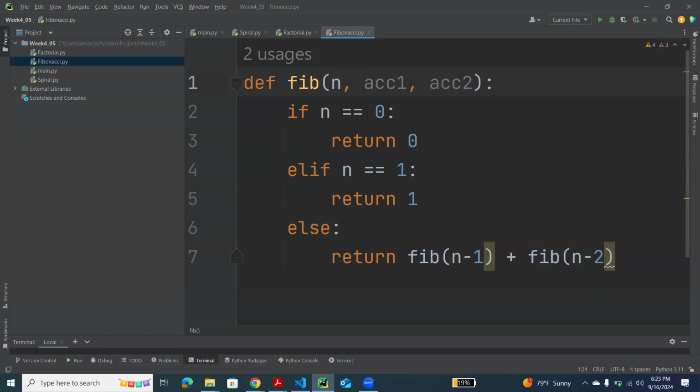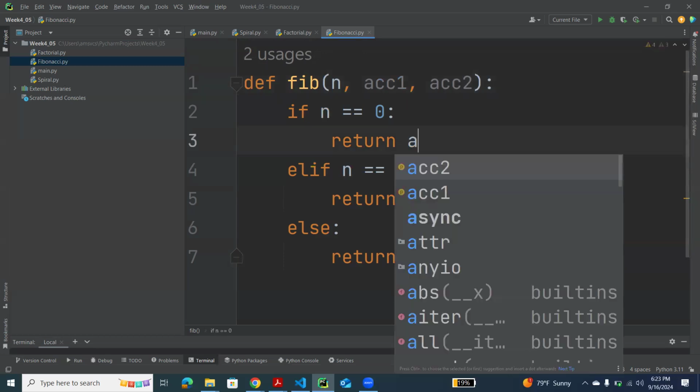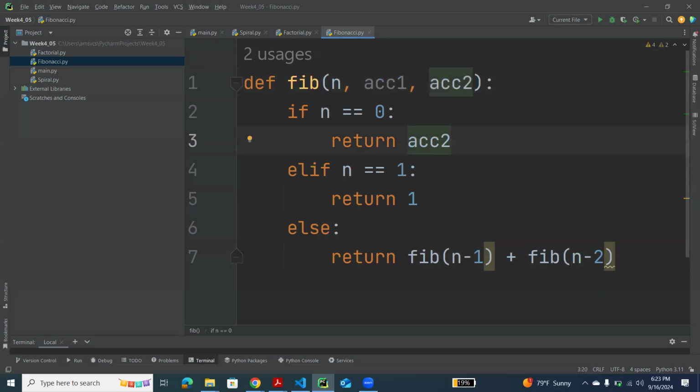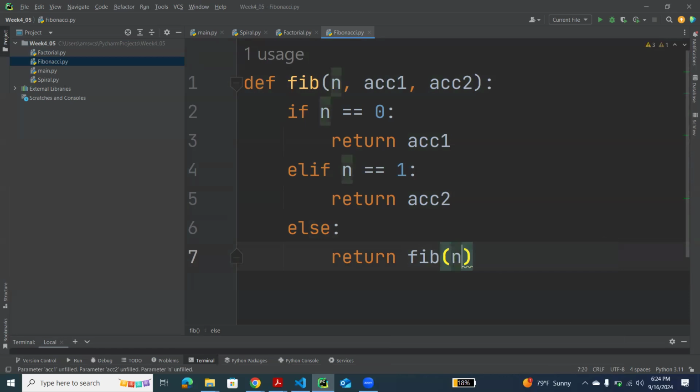So if n is 0, we will return accumulator 1. Well, oh, wait a second. We will return accumulator 2 because... or accumulator 1, let's see. Maybe we should flip this accumulator 1 and accumulator 2. And in else statement, we will call Fibonacci of n minus 1